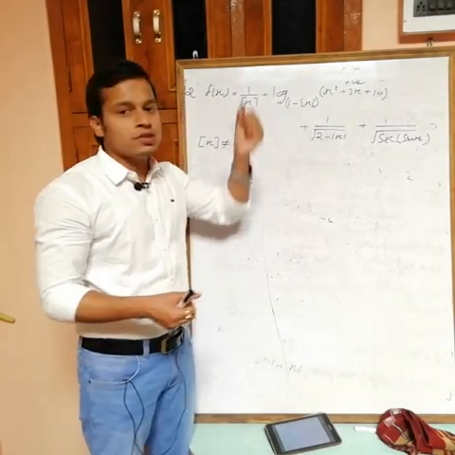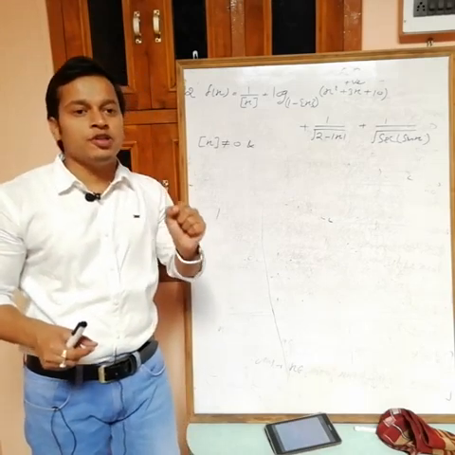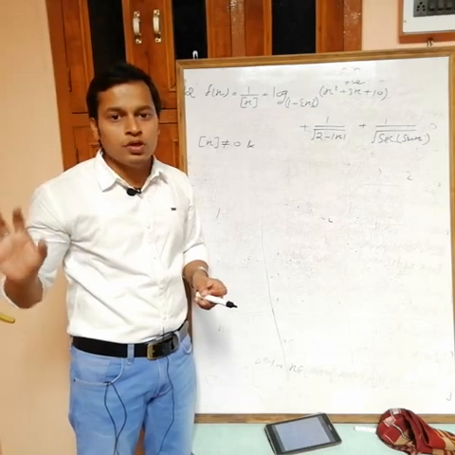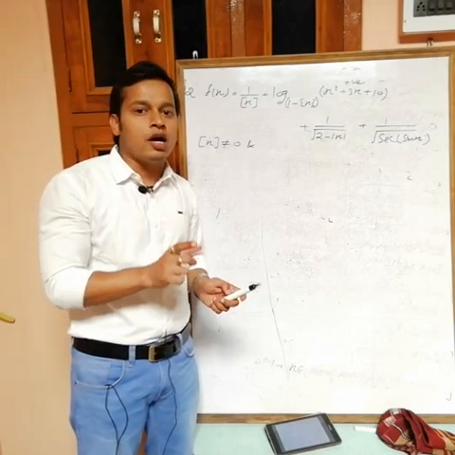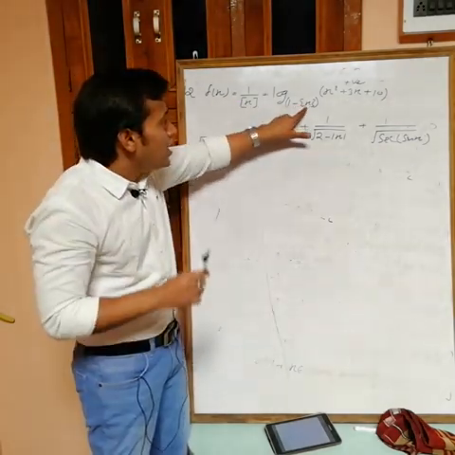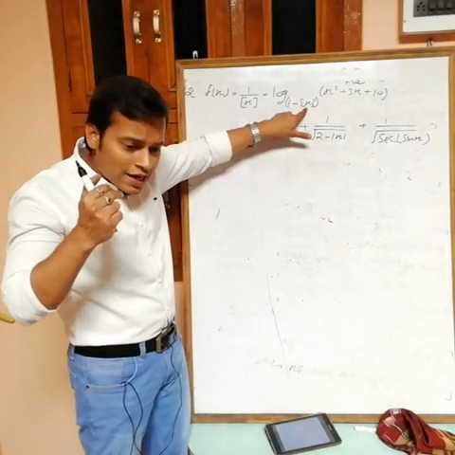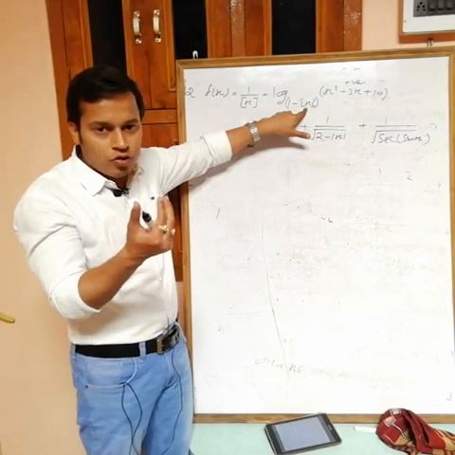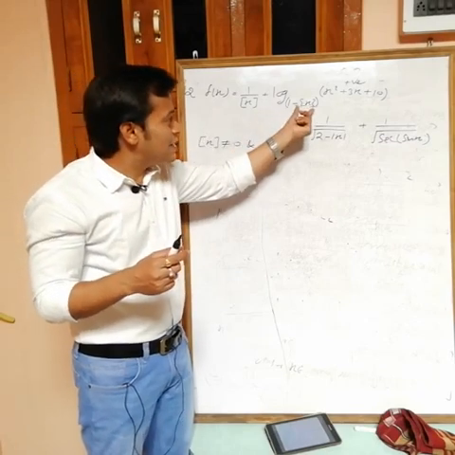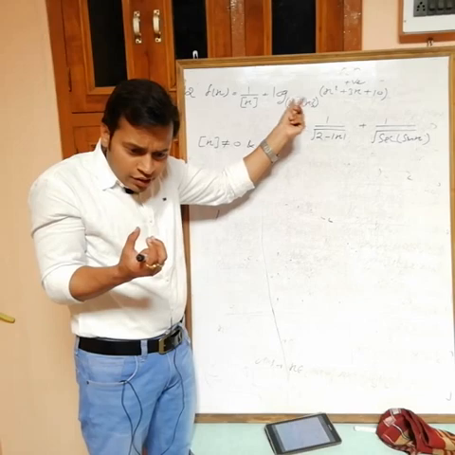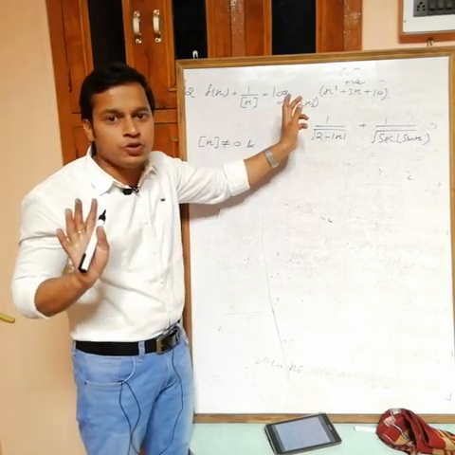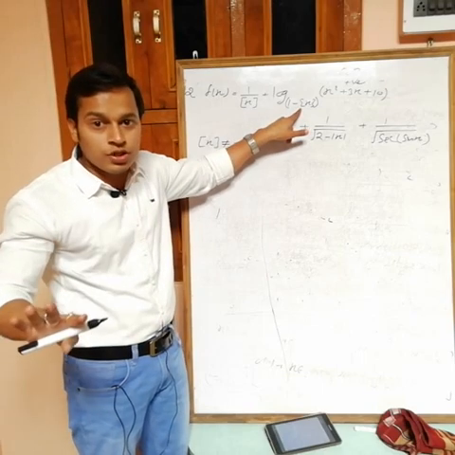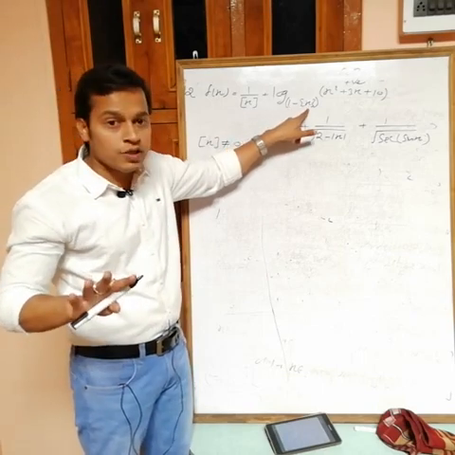Now the base is also a variable. The condition for the base of a logarithm is that the base must be greater than 0 and can't be equal to 1. Now see one thing: the fractional part always lies from 0 to just before 1. The fractional part is always less than 1, so 1 minus this is always positive. So one thing is clear, this one is always positive.